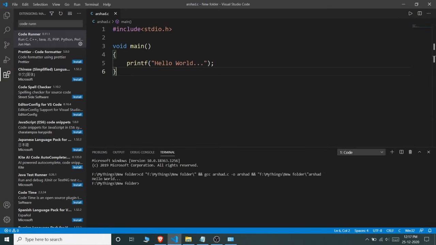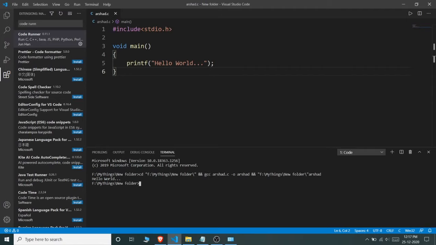Now you can see here in my console I have got the output as hello world. Now here you can see the command used by our code runner is this one, which is cd and the path of our program folder followed by gcc followed by our program name. Actually the reason behind saving the path in our environment variables is we are going to use this gcc keyword here.